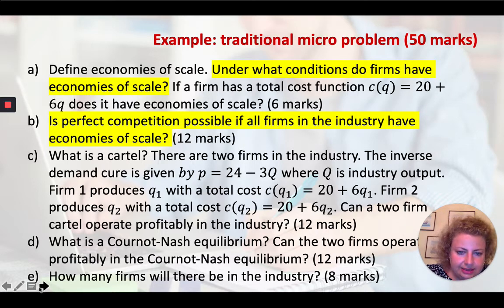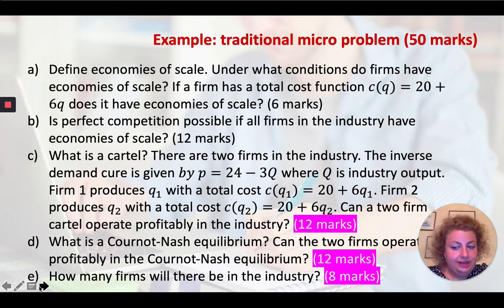Last but not least, the last few bits of this problem are really heavily computational. There's very little scope for asking students to provide intuition or discuss something. It's very much about solving the model in different situations and drawing a conclusion. So how many firms, obviously they have to show their workings or their reasoning, but a very specific, concrete computational answer is required. So here, the notion is, weak students would sort of remember bits from the slides to pass